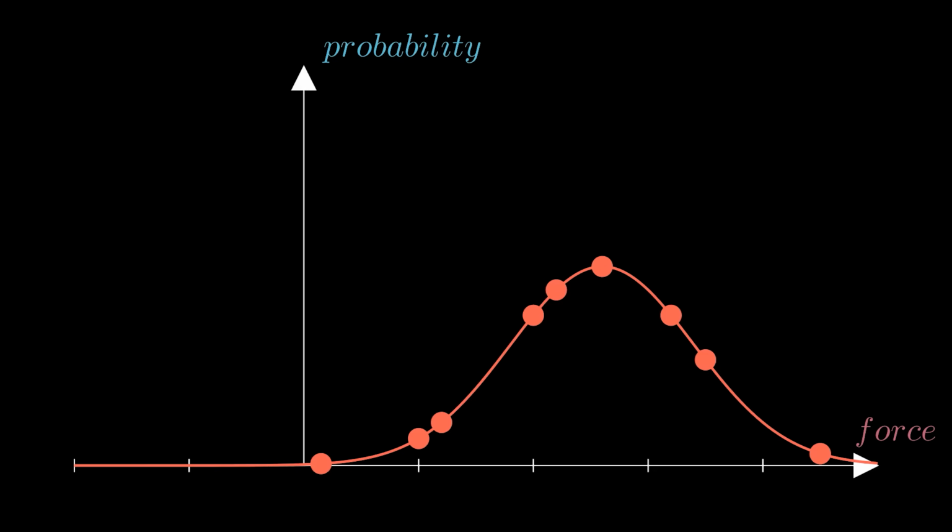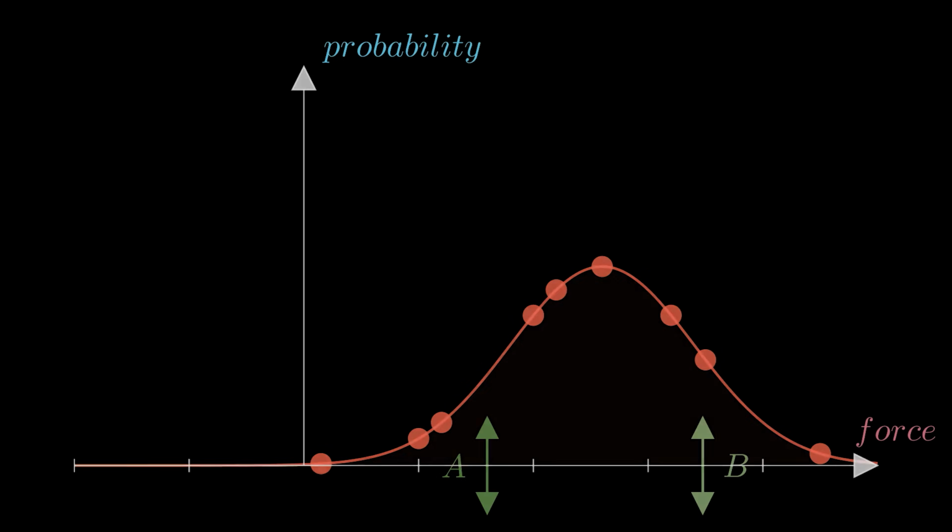But here's the more fun question. Let's say that we pick a random force between here and here, just any random value. What is the new probability that it will make it in if we pick a random value for the force? That's a rather difficult question, so let's start with something easier.